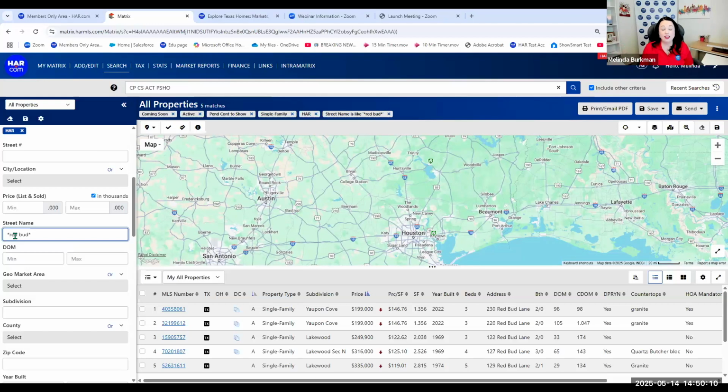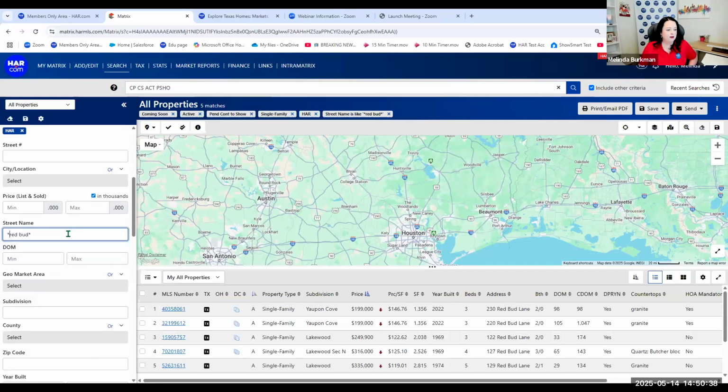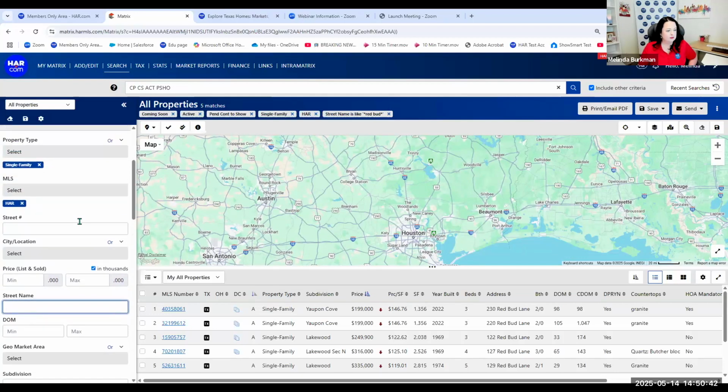Show me that one. Okay, that also works for neighborhoods. If you're searching for a specific neighborhood, just make sure that you do choose the MLS, because there are similar neighborhoods in other MLSs. I know that whenever I do my CMA class, there is a Westbury neighborhood in San Antonio. And when you're running a CMA, that could really throw you if you were accidentally pulling a comp for San Antonio, okay? I'm gonna get rid of Redbud.